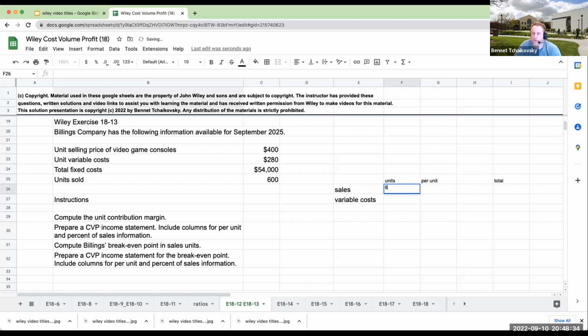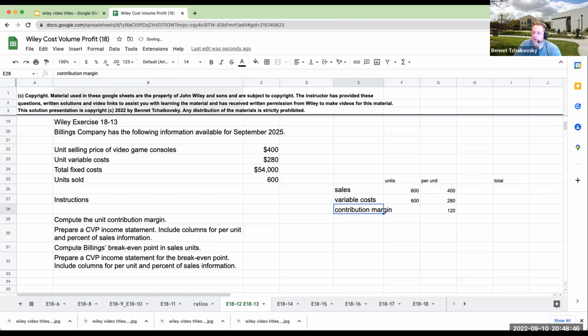Okay, so our units sold are 600. Our per unit is 400. Variable costs are 280. That must mean my contribution margin is going to be 120. So my total sales will be 240,000. My variable costs will be